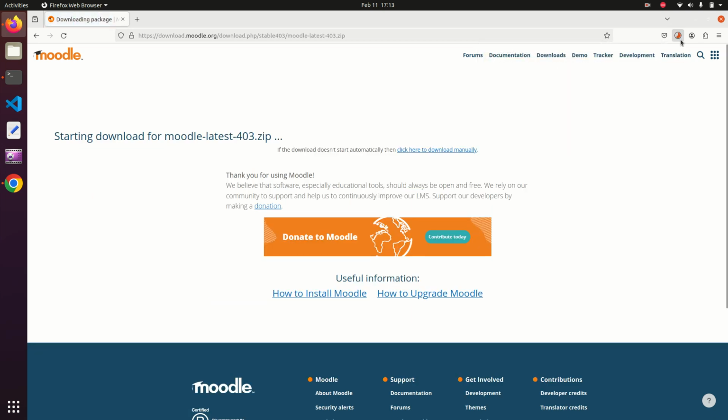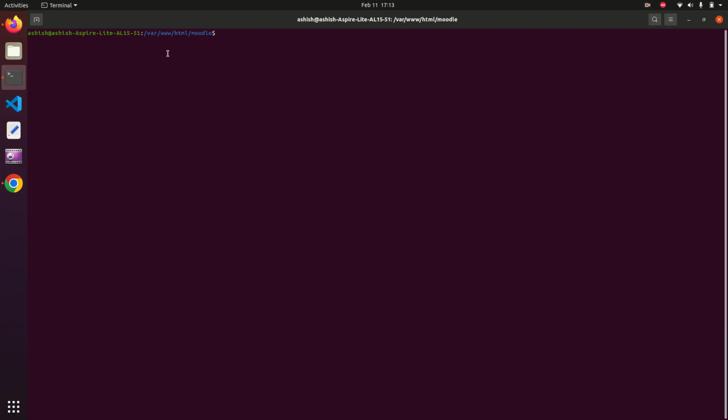I have already downloaded it and pasted it in my directory, www.html and Moodle. If I run ls here, I can show you that I have already downloaded this zip file, Moodle latest 403.zip. You have to select your desired directory to have the Moodle installation there. So I'm choosing this directory, www.html and Moodle, and in this directory we have to unzip this file,